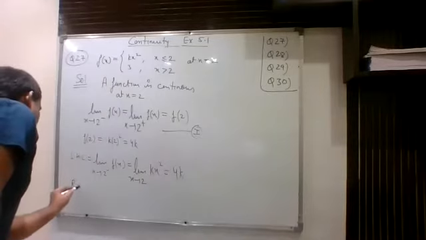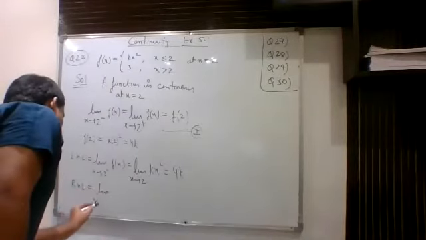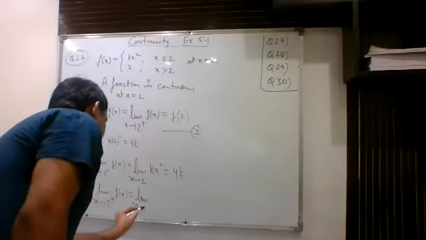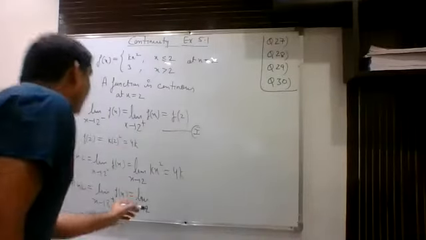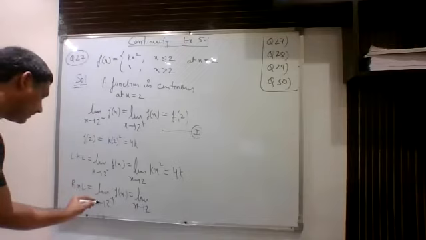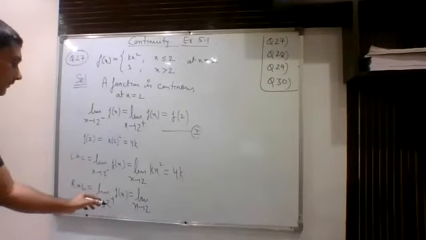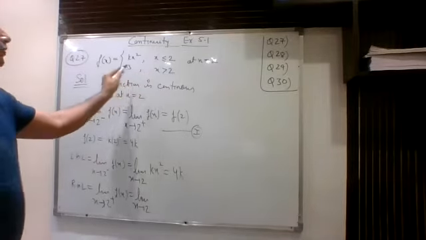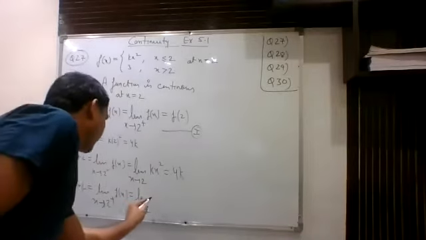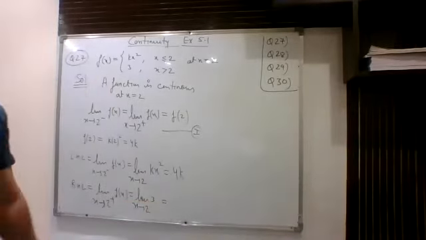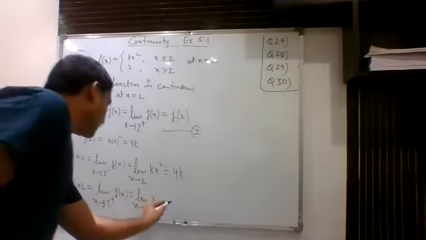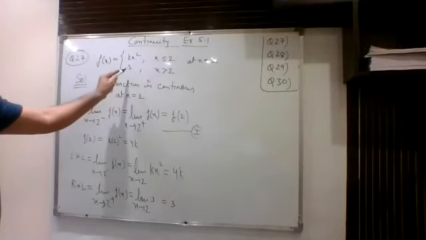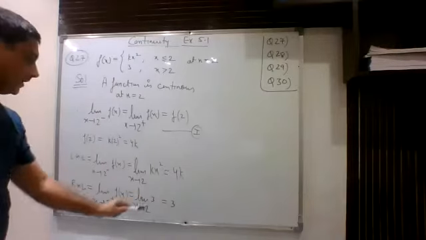Now let us find out RHL. So RHL will be x tending to 2 plus for this function. This can be written as limit of x tending to 2. Now we are approaching from the right side, so now your x is more than 2. So when your x is more than 2, then your function attains this constant value 3. Now you know that limit of a constant quantity is the constant only. So here you will get this as 3, because this time your x is more than 2. So in place of function, I just wrote 3.